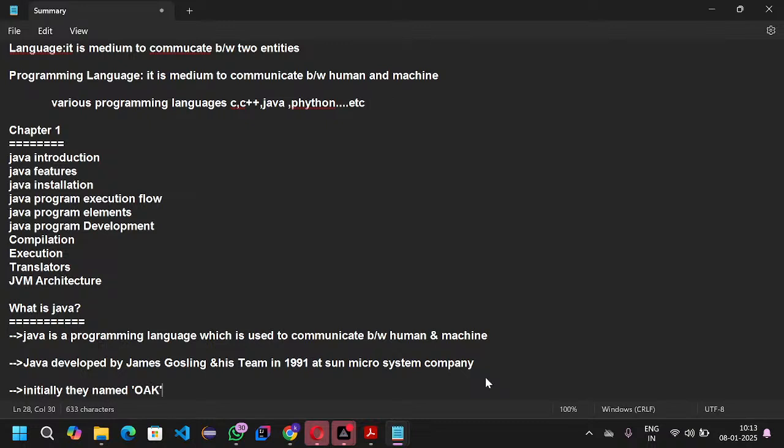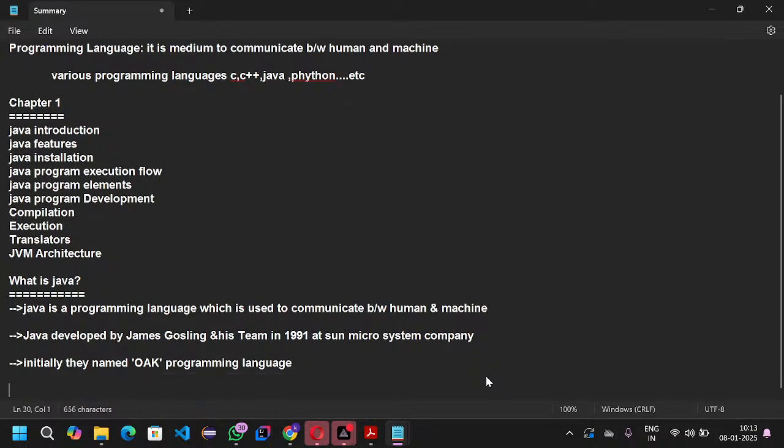Oak programming language. Later they converted the Oak programming language. In 1995, so after 4 years,